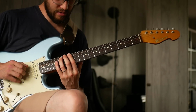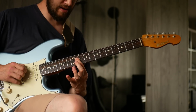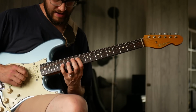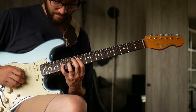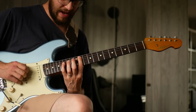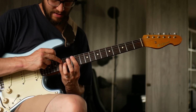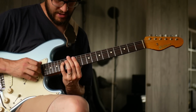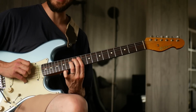And then up to here, so we're then going to hit our D flat here, and then we're going to hit the 15th fret above, and we fall down to an A flat on the 11th fret on the A string, and an F on the D string at the 15th fret, and then we're going to do this little kind of